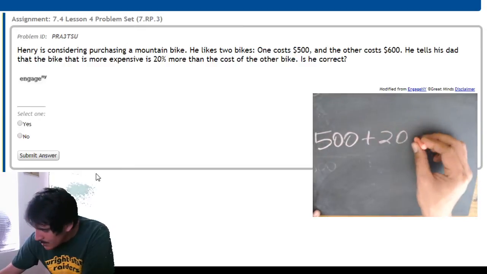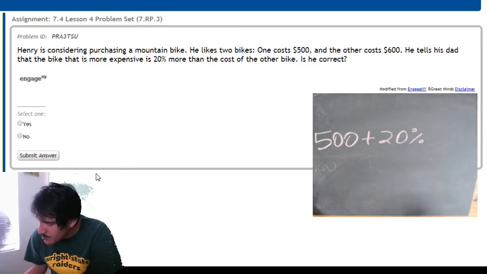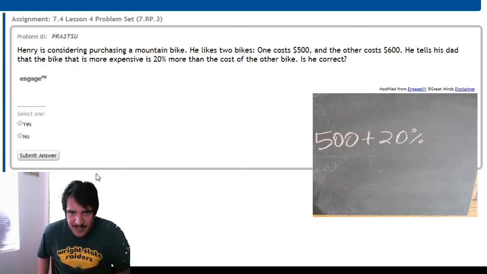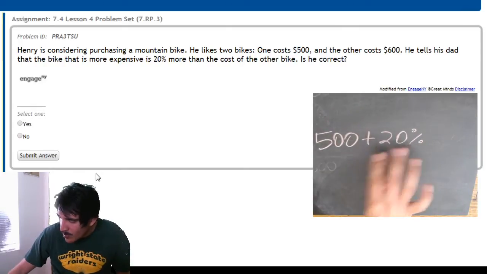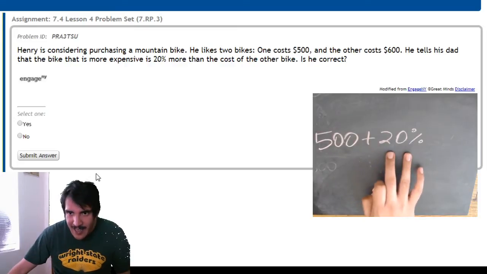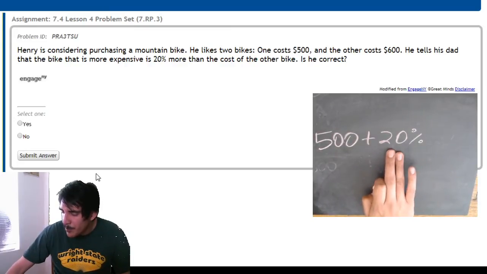if you add 20% to that, you will get $600. That's what he's saying. He's saying that the more expensive bike is 20% more than this bike. Okay. Well, what's 20% of 500? Okay, first think that. So you can do 0.2 times 500, or you can just do this in your head,